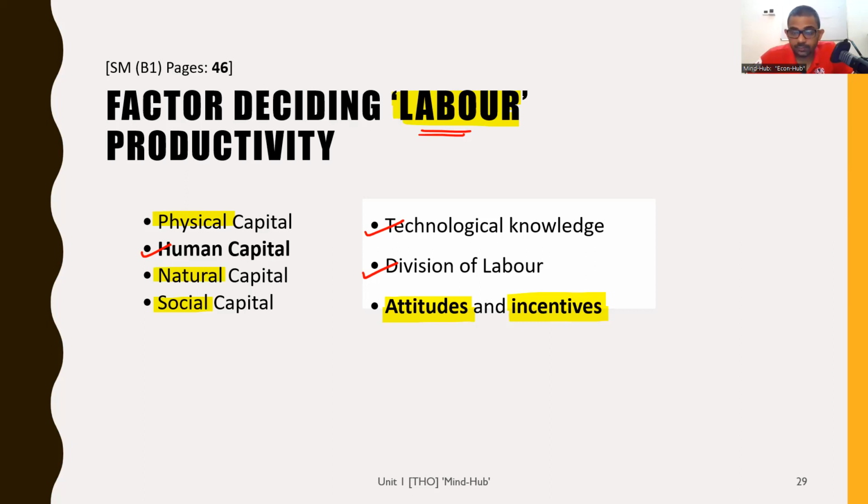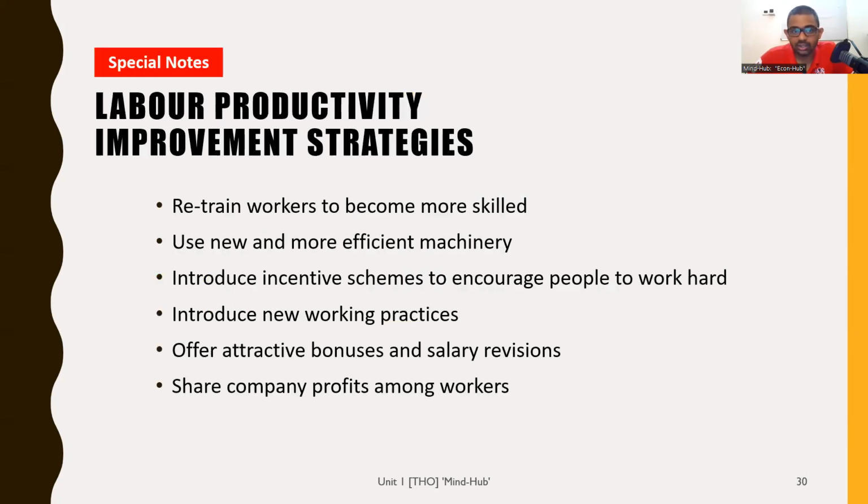Okay. With that, we basically conclude the discussion, but I want to talk very quickly about factor mobility, and then we have the test your knowledge questions. This I have given as an additional thing: the different strategies to improve labor productivity. What can we do to improve labor productivity? As a part of the PDF of the slides I've shared with you, this should be there. Go through them leisurely, just to add something more to your knowledge.